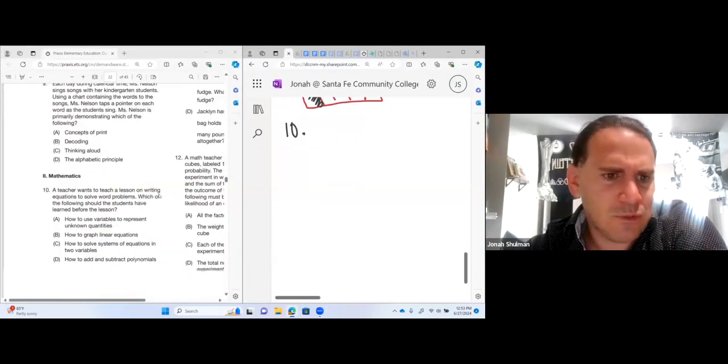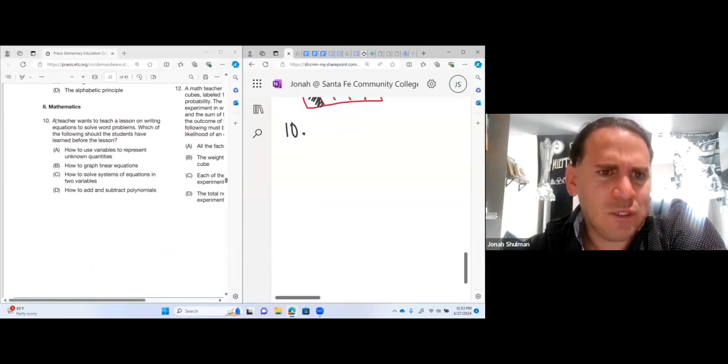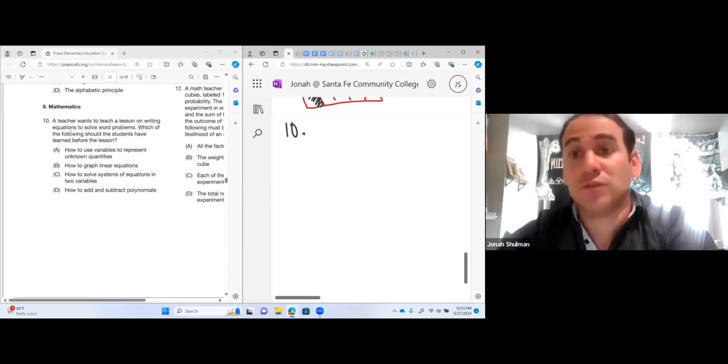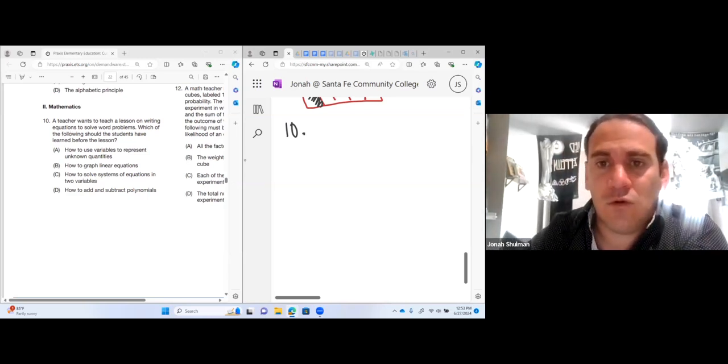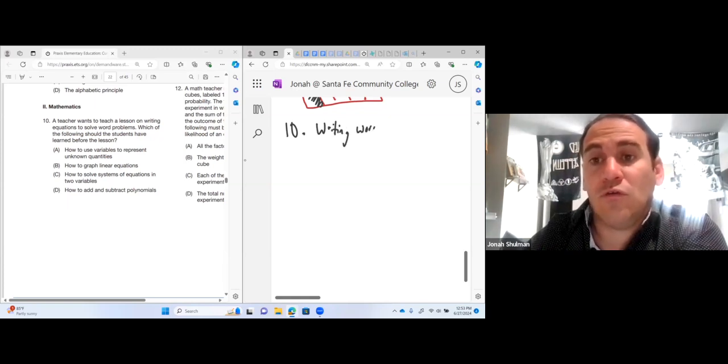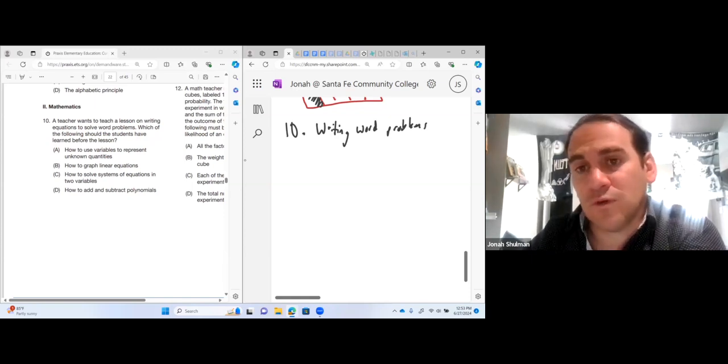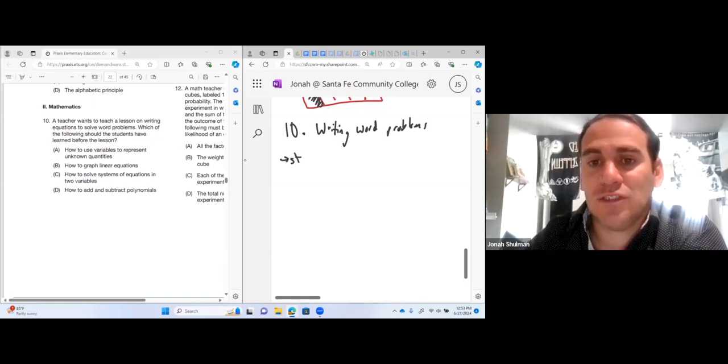Here's number 10 to start with. A teacher wants to teach a lesson on writing equations to solve word problems. Which of the following should the students have learned before the lesson? Okay, so you want your student to know about writing word problems. Word problems are really tough for students because they get confused and they don't know what to do first. So you should always be giving them strategies